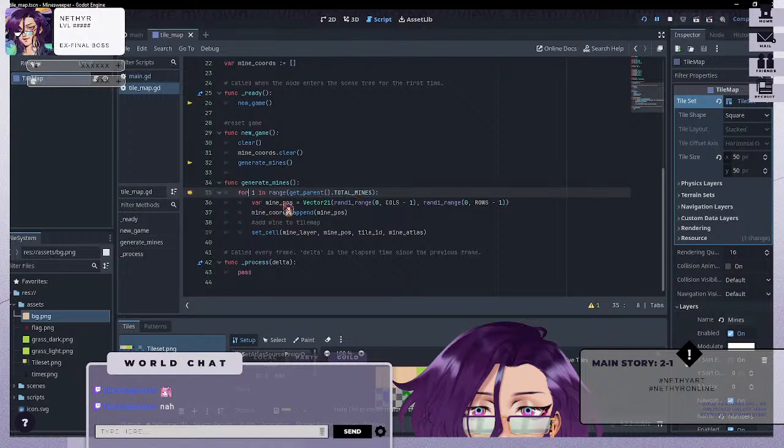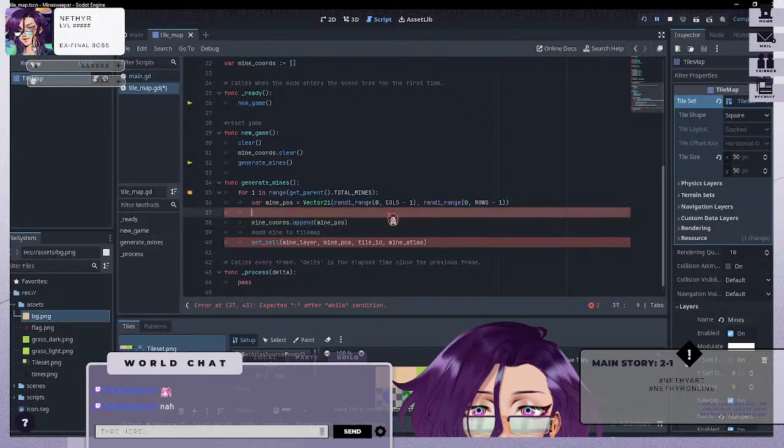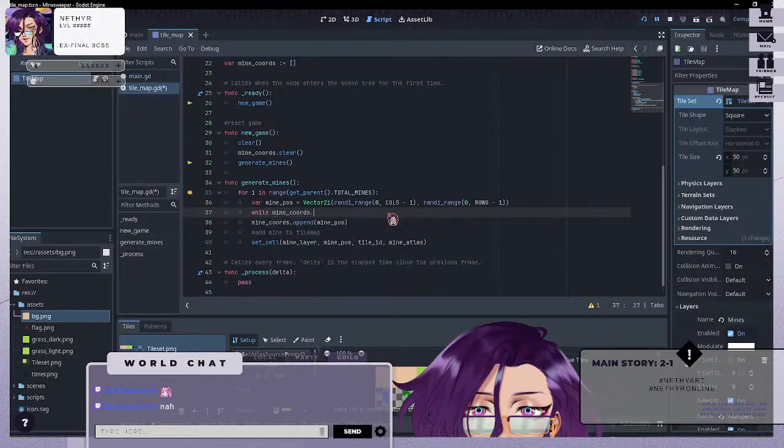Variable mine equals vector2 I, rand I range 0 to cols minus 1, randy underscore range 0 to rows minus 1. Okay, and this one's gonna be a while statement. So while mine coords dot append. Wait, oh, mine coords. Whoopsies. We're gonna ignore this one. We're gonna continue down, and then it will start here. So while mine underscore coords dot has mine,